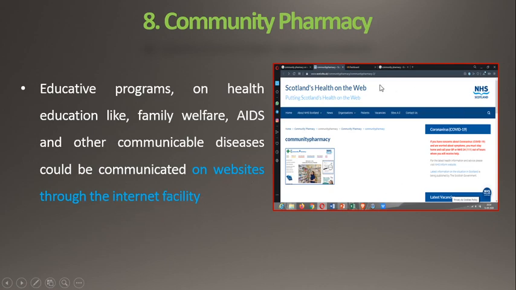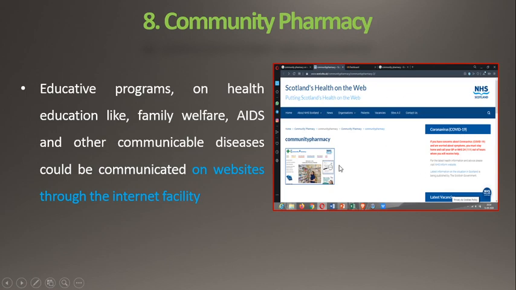You can see in this picture the website of a pharmacy. This website helps to get information on diseases. You can see the coronavirus disease, that is COVID-19, information displayed on this website.